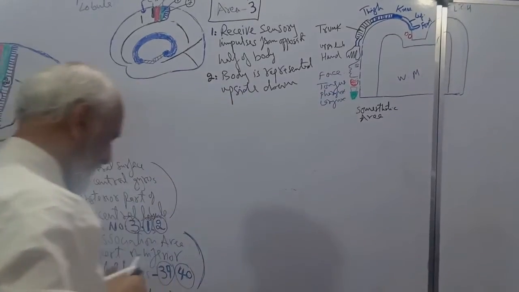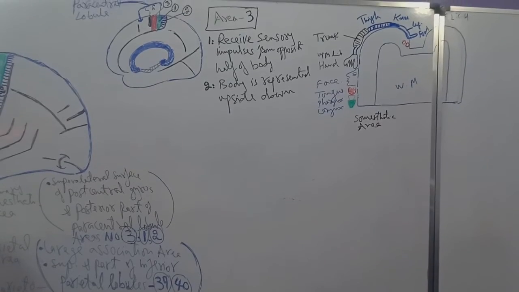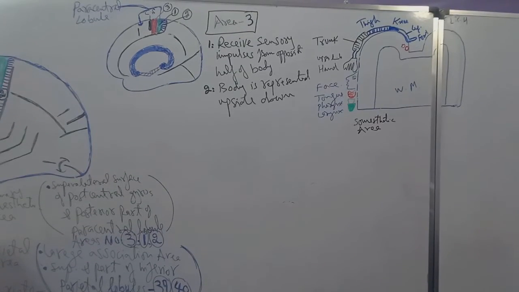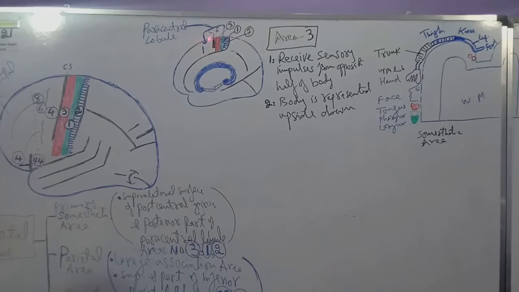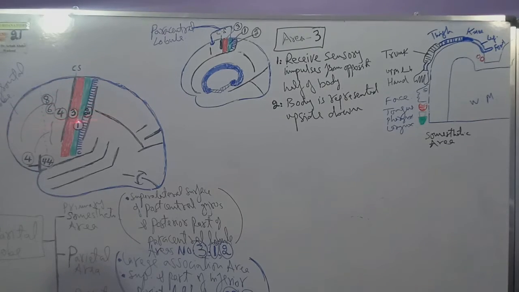So it is just a repetition of the reversed human body representation in area number 4, the motor area, and the anterior part of the paracentral lobule, area number 6, number 8. So behind the central sulcus is the primary sensory cortex, divided into Brodmann cortical area number 3, in the middle is number 1, and behind is number 2. These three areas continue onto the posterior part of the paracentral lobule as 3, 1, 2 Brodmann cortical areas.